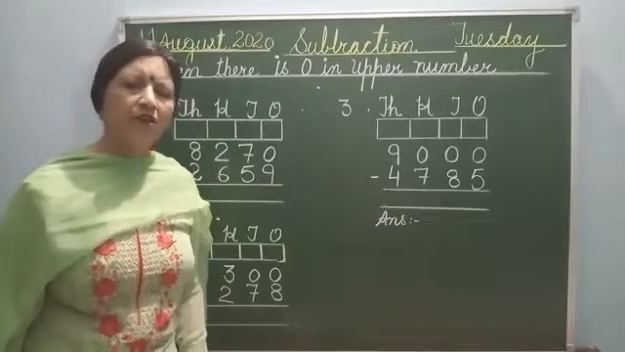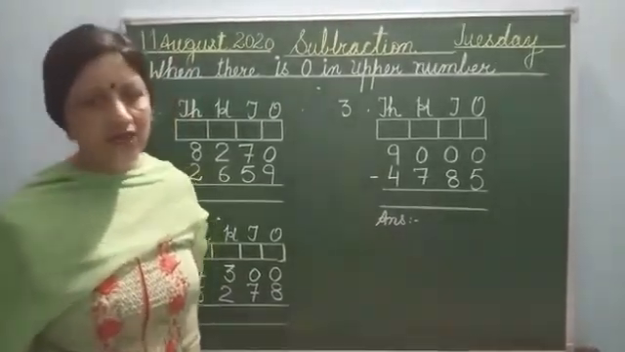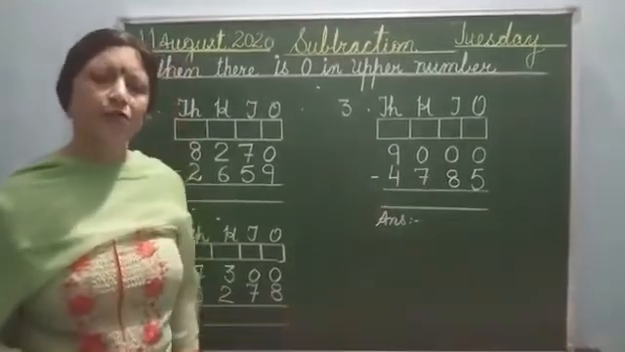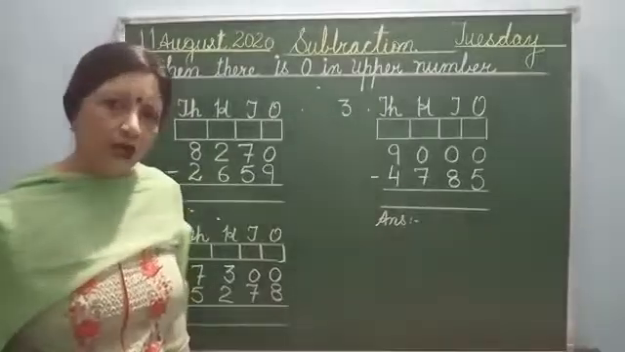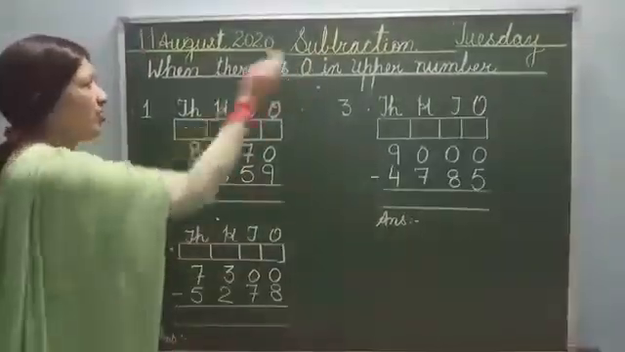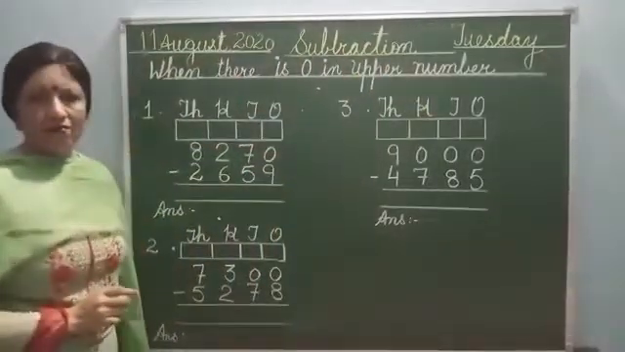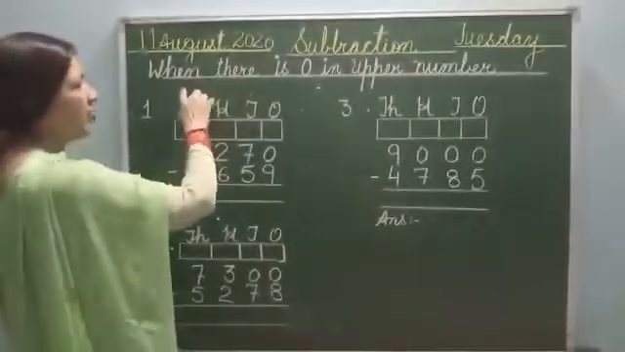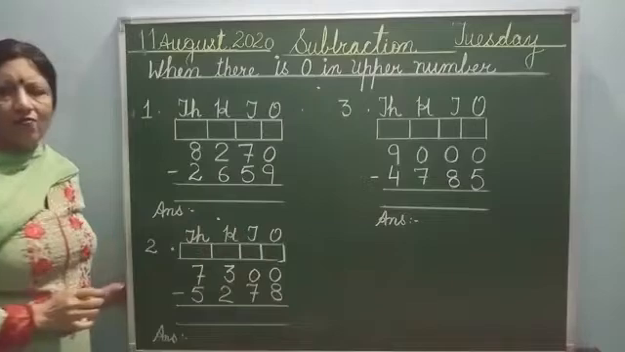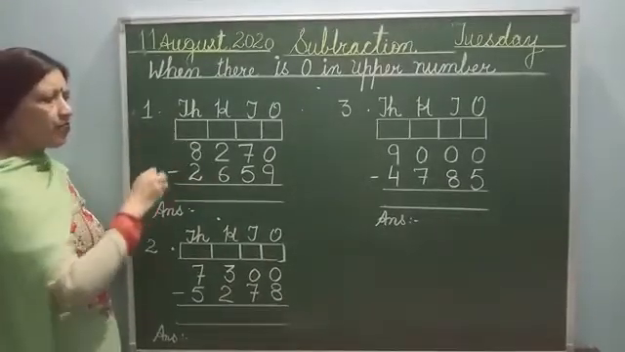बच्चे, last week we have done subtraction of 4-digit numbers with borrowing. Clear बेटा? And today we will do subtraction when there is zero in upper number. Clear beta? Now the first sum is